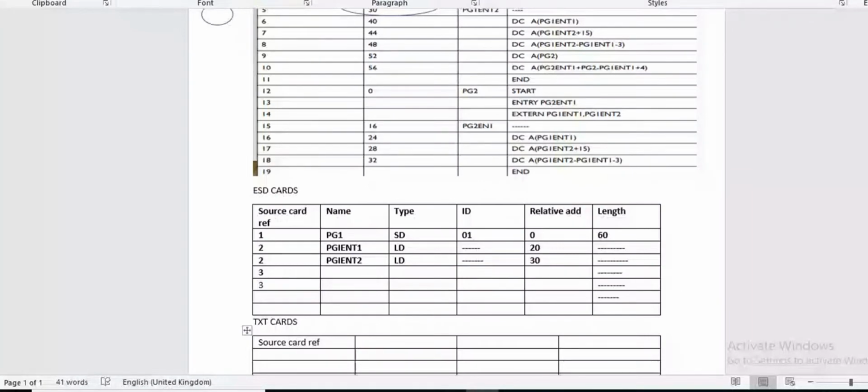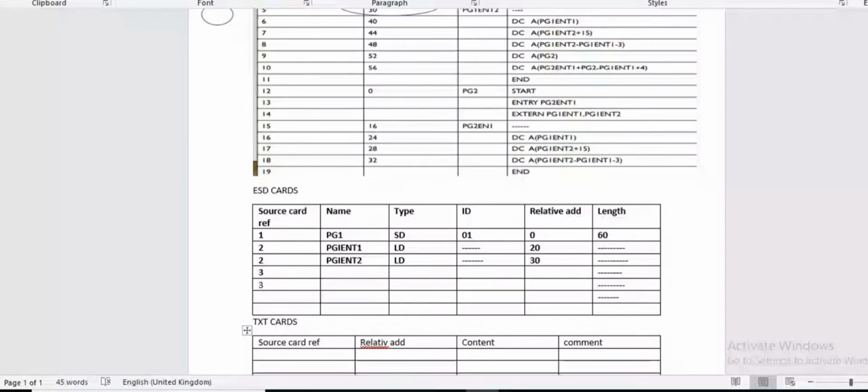Third field is content. The last field of a source card is comment. Now see, we have source card reference and we have relative address. We just have to calculate content and comment, and write the comment.